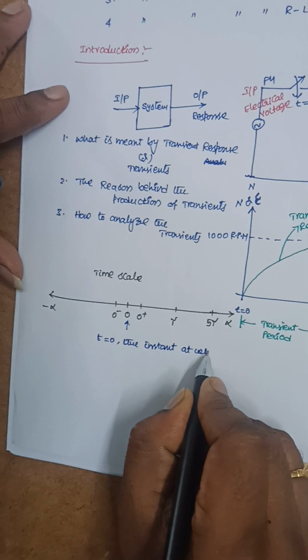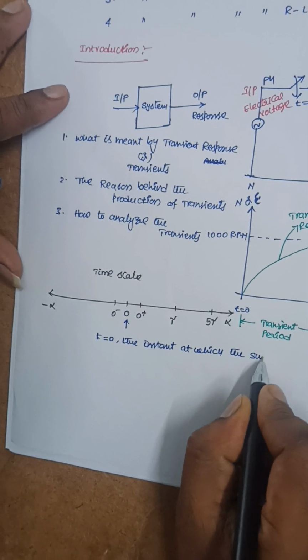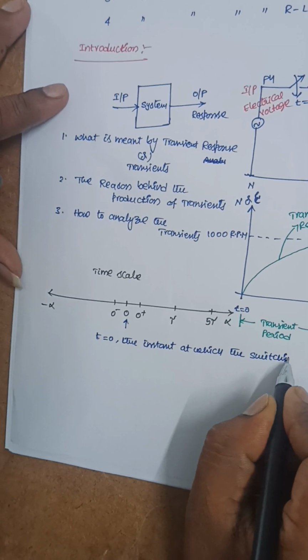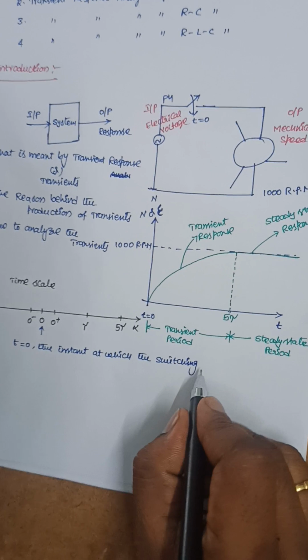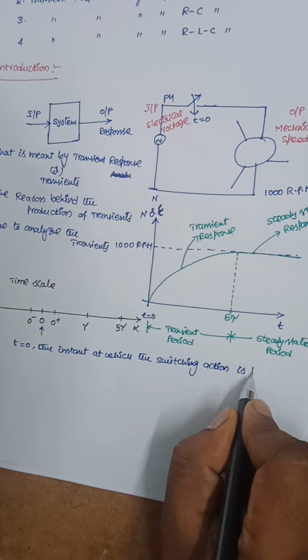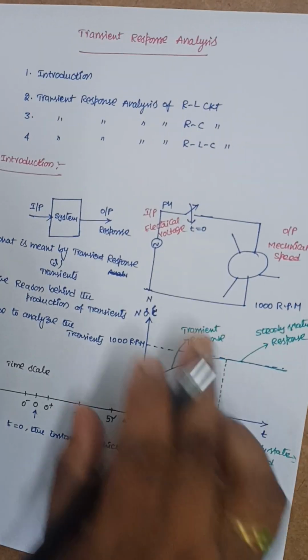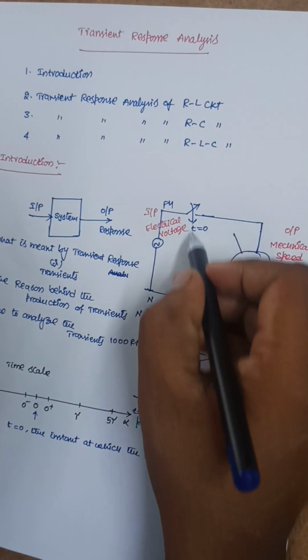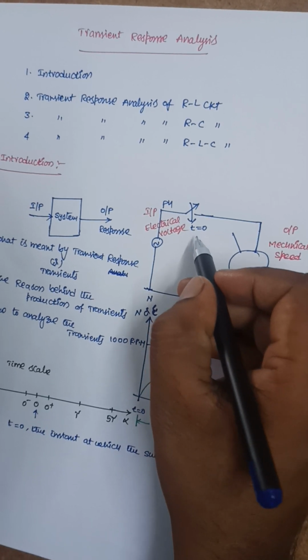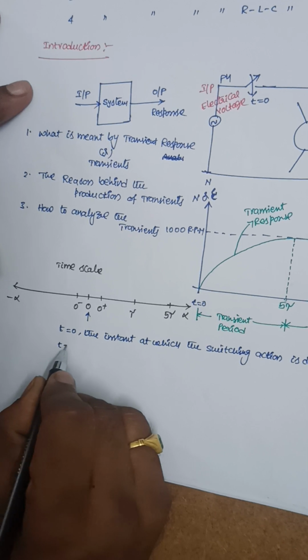at which the switching action is done. So it is an instant. Suppose if I take this circuit here, t is equal to 0 is an instant at which the switching action is done. Now t is equal to 0 minus,